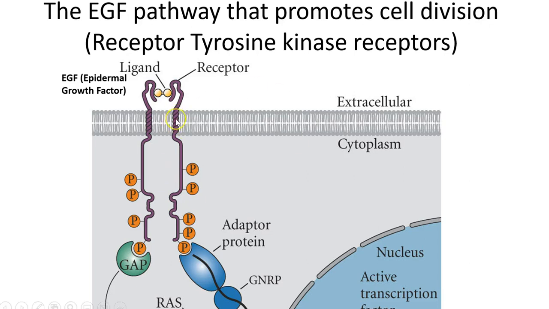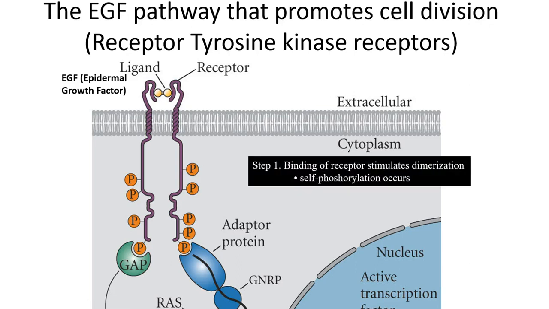So normally these single transmembrane receptors are floating through the membrane. So remember, our membrane flows laterally. And so they're not together normally, but if the ligand binds, it's going to hold one receptor, and then it'll eventually bind to the other receptor, and now that ligand is holding these two receptors together near each other in the membrane. And so, basically, when the ligand binds and dimerizes the receptor, brings two of them together, those two